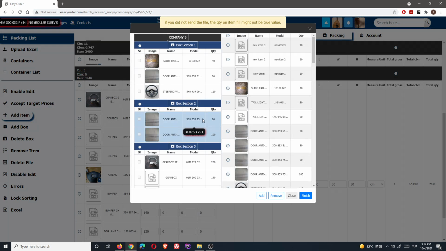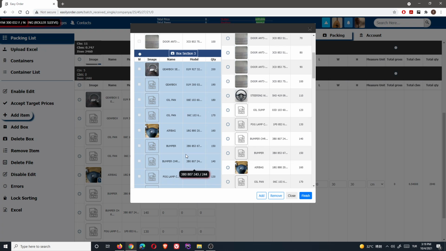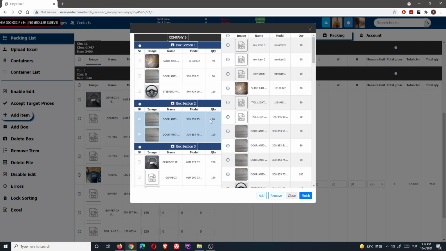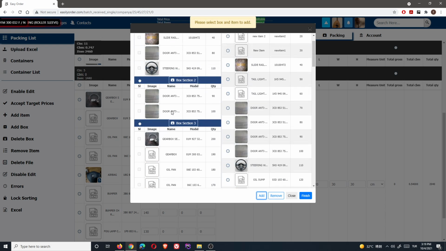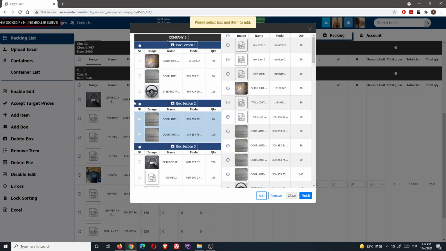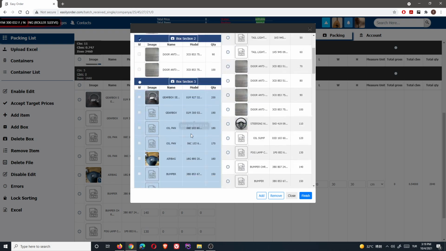When you click add item, okay, now look at this. Box 1, box section 2, box section 3. These are the boxes that we've just created. And you select an item from here, and then if you click add, there would be an error because you haven't selected the box. Which box do you want to add? For example, we want this box, and then you selected this box